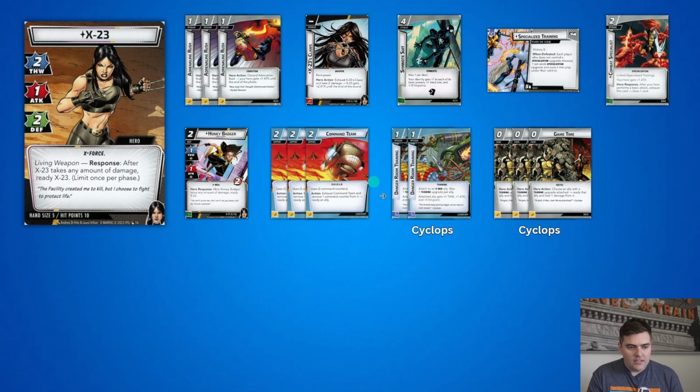So we've got Danger Room Training. We're running 2 for consistency. We'll talk about our other allies here in a second, but we're going to drop that on Honey Badger, and then Game Time, we can choose an ally with a training upgrade attached. We can ready that ally, heal a damage from it, which means that we can then attack again, readying X-23. So there's a lot of little symbiotic readying going on in this deck,